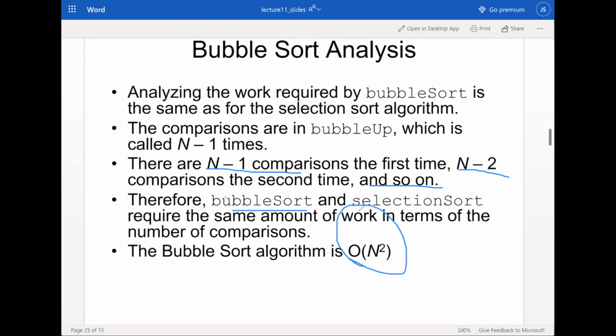So both bubble sort and selection sort require the same amount of work. Both are impractical. As we will see, the next one, insertion sort, is just as bad. We're dealing with nested loops. The efficiency is not increasing. It's just going to be exponential of